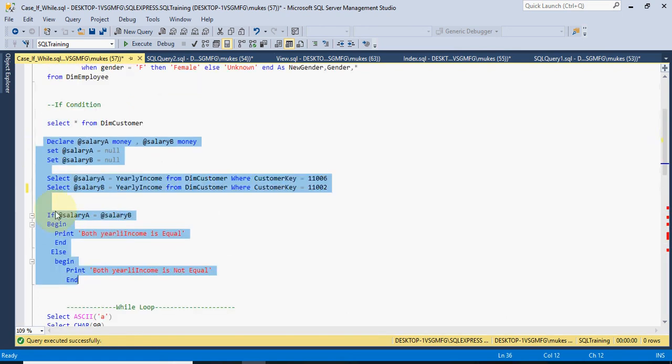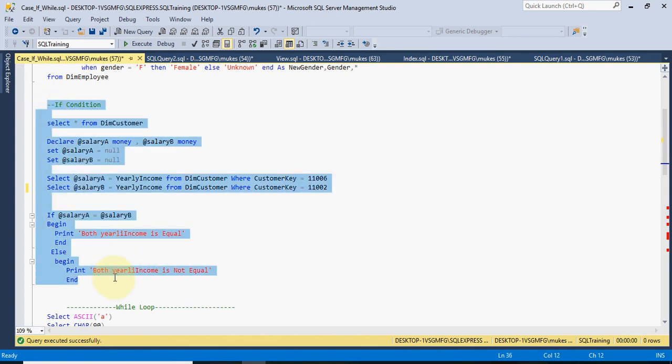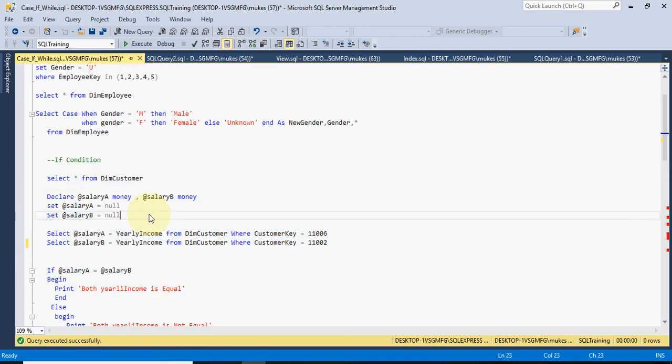So basically the if condition is used to check the value and proceed to the next statement. You can put an update statement or drop statement here. In between begin and end, you can use multiple statements based on the requirement. So you can understand the if condition, right? Today I will send you some real time questions based on this. If you do not understand, just let me know. You can understand, right? So this is the if condition.